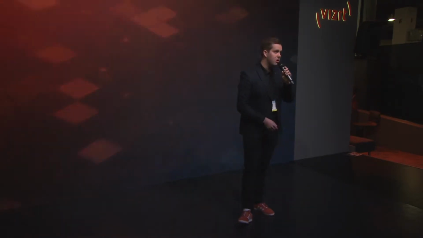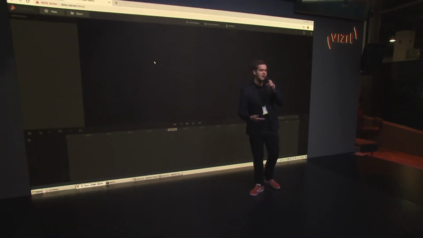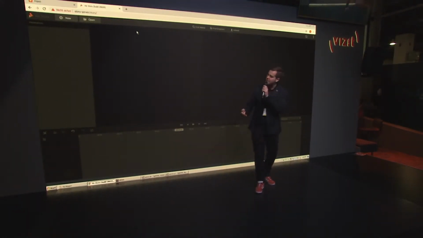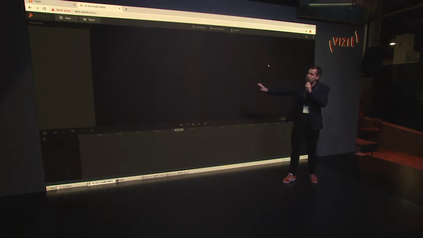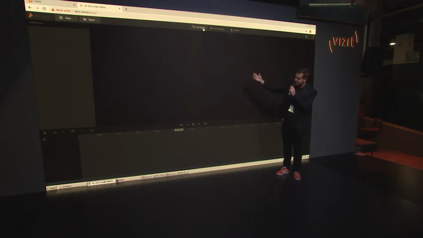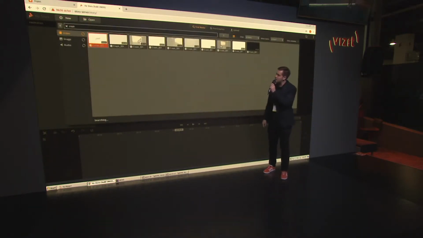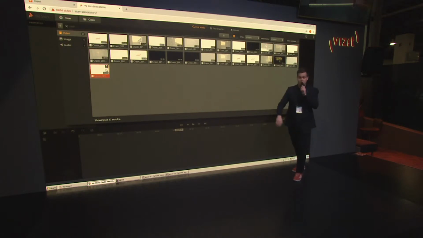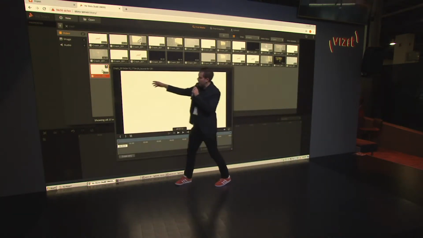It's still a growing file on my system, and now I'm able to access that from any of my Vizrt applications, including this one, our Viz Story online publishing and media creation tool. We can run this in the browser, so it's very easy, and I can edit my video, and I can identify new media, for instance, the growing file I just created. So here's my growing file.